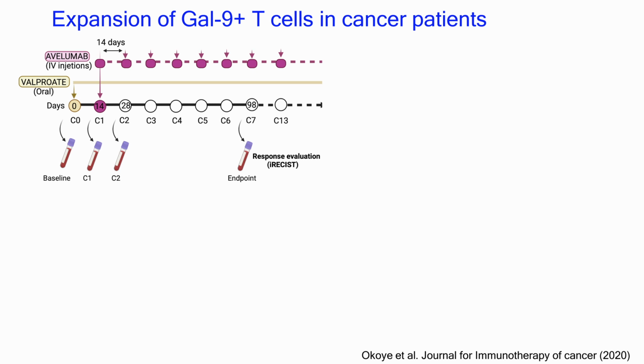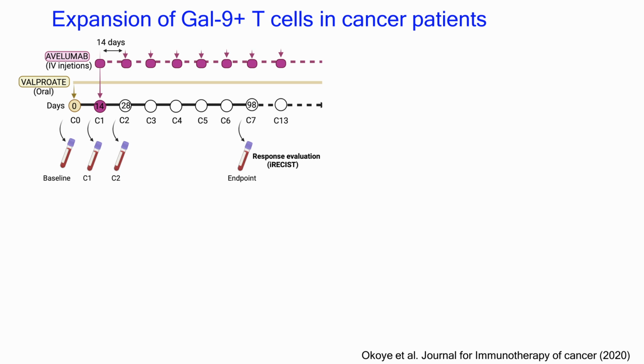So we had some viral-associated cancers, EBV and HPV. And as you can see, these are cycles. The patients went on valproic acid, and then 2 weeks after, they went on avelumab, which is anti-PD-L1, one of the immune checkpoints. And then we collected blood at different time points. But cycle 7 was the time that patients were assessed in terms of immune response,